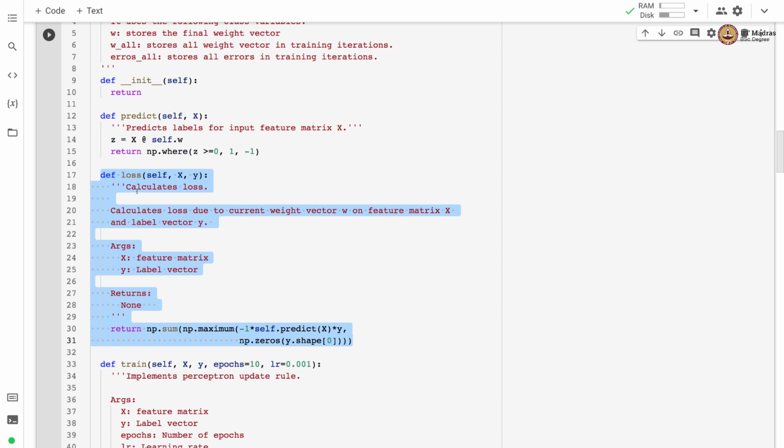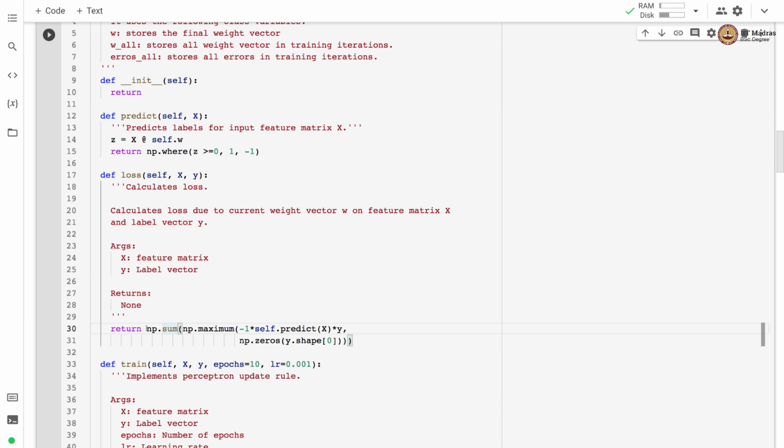Then we implement a loss function that takes the feature matrix and the label vector as an input, and then it calculates loss due to the current weight vector on feature matrix X and label vector Y. Using this particular weight vector, we obtain the prediction on the feature matrix X, and then we compare predictions and actual labels in order to come up with the value of the loss.